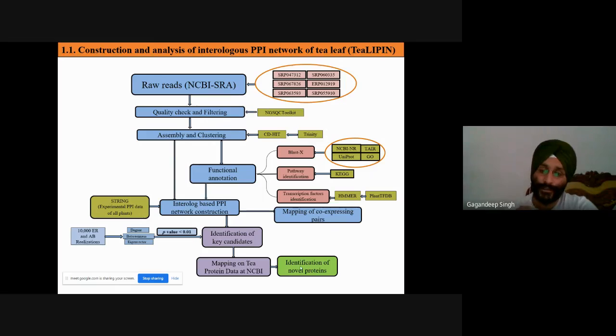And then finally, we have identified some novel proteins, and this work has been published in Plant Cell Reports. We downloaded data from the NCBI SRA database, and we have analyzed data by using next generation sequencing. And finally, we have identified some key proteins. The impact factor of that journal is 3.5, I think. We have easily downloaded data from the NCBI SRA database and performed the same thing. And by using this next generation sequencing application, we have published that work.